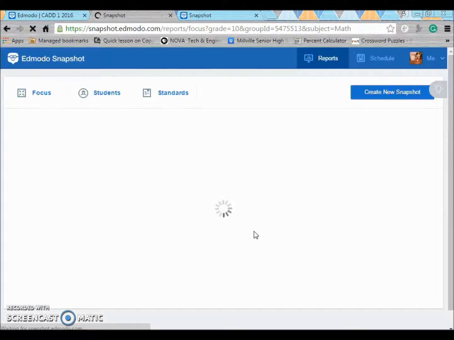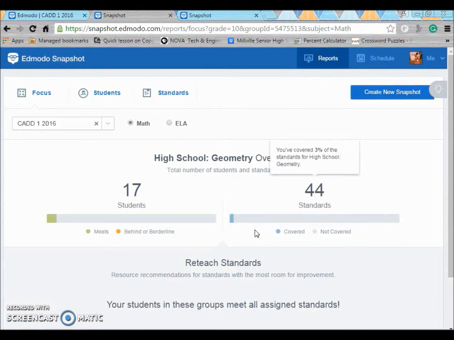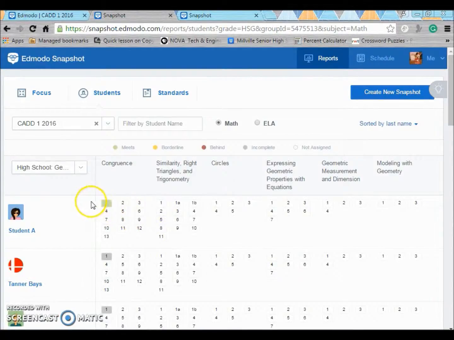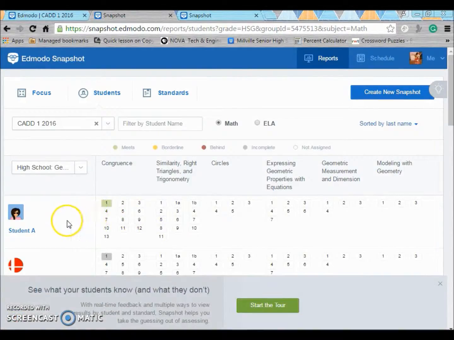So it will load, and then I can see the list. So I know I have 17 students in this class. Not all of them have taken it. I'm the only one that took the snapshot, so I'll show you what that looks like. So it will show you student A, which was the student that I set up to take this, and it will show you right here the